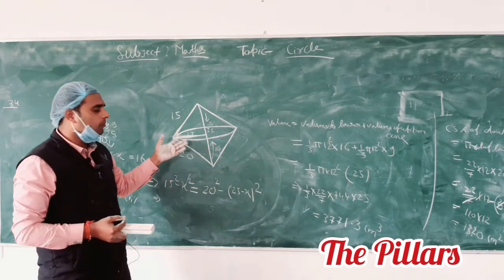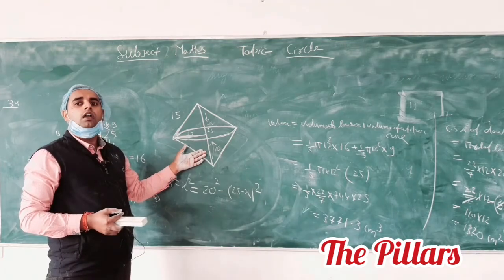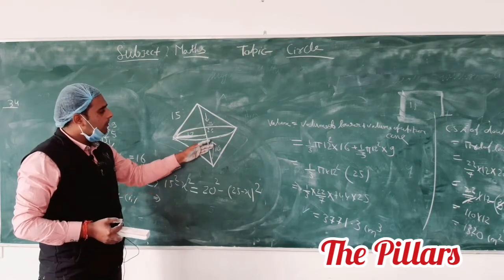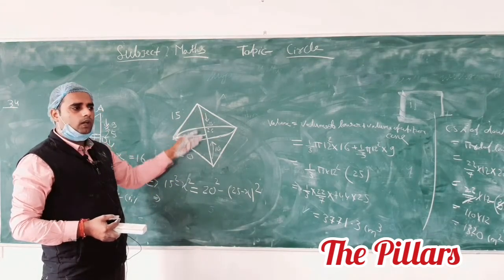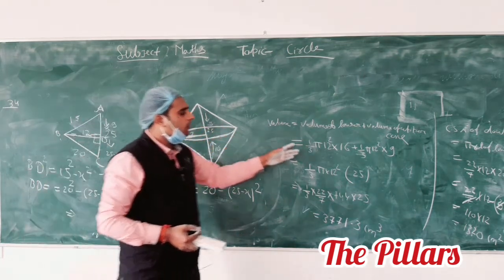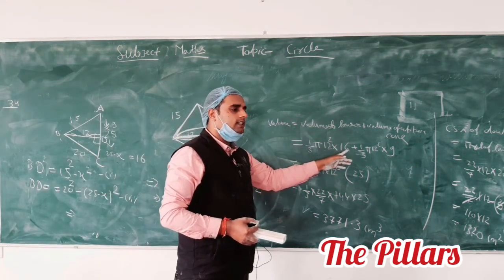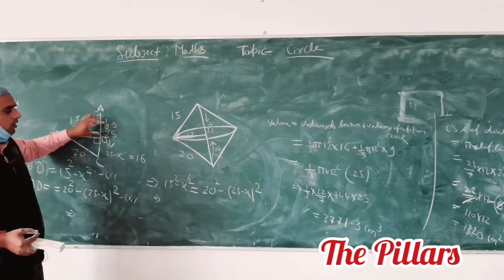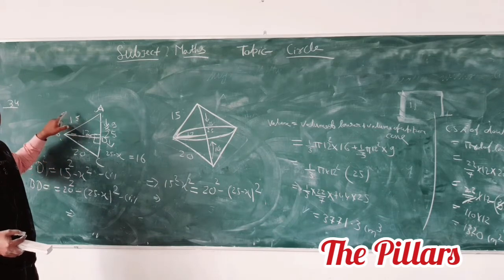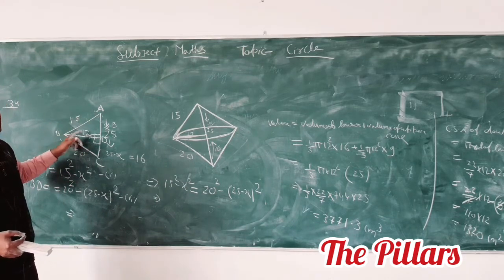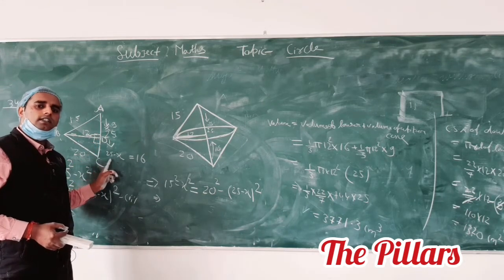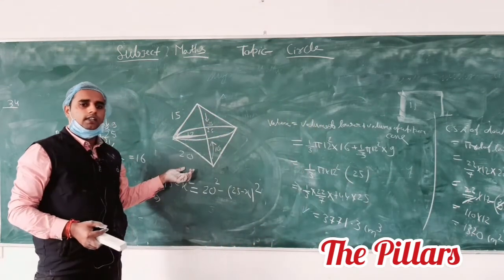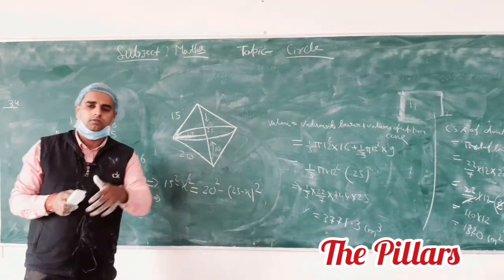Now you have to calculate the volume. For the lower cone, apply the Pythagoras theorem. Total volume is volume of lower cone plus volume of upper cone. Volume of the lower cone is 1/3 into pi into 12 square into 16, and the upper is 1/3 into pi into 12 square into 9, because AD equals 9. Apply Pythagoras: 15 square minus 12 square, 225 minus 144 is 81, and 81 is the square of 9. If this is 9, then the remaining is 16. You have to calculate the volume. Again, apply the CSA; the slant heights are 15 and 20. In this question, does anyone have any doubt? Sir.